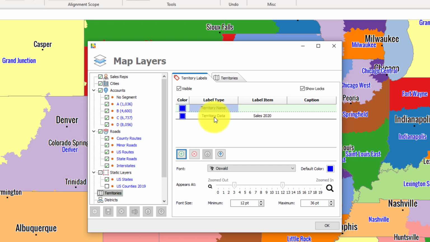But if you wanted a different type of label, you would simply double click here, and you can select different label types. So if you've imported sales reps and assigned sales reps to territories, you can show the name of the rep or the rep ID. If the territory is assigned to a district, you can show that assignment as well. If you've imported accounts, you can show account counts as a label or territory data. And in this case, I just want to show sales by territory, and I will also set a caption for